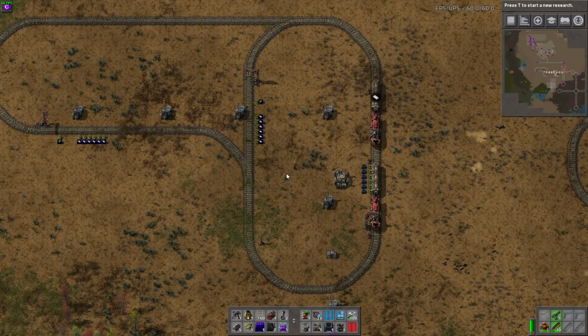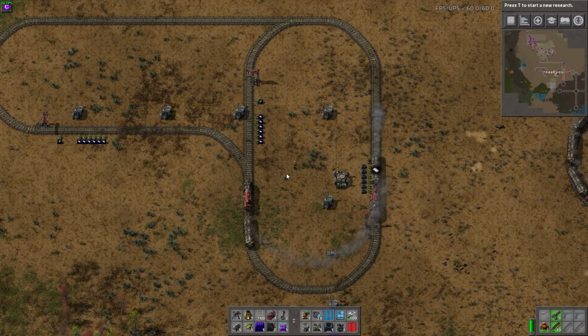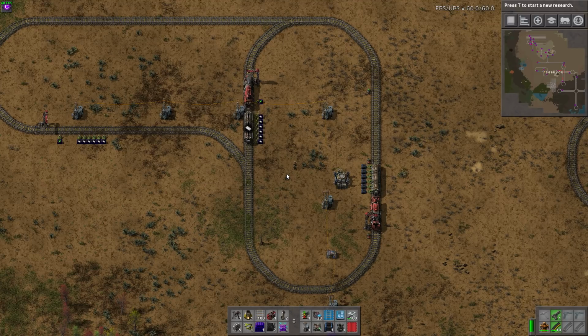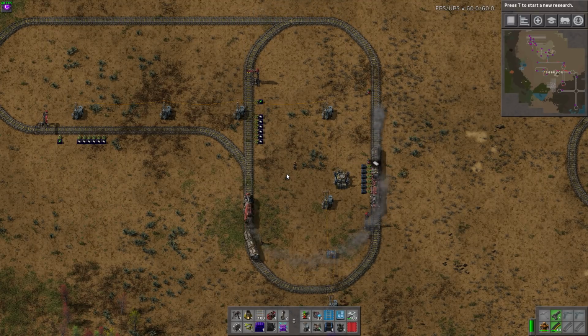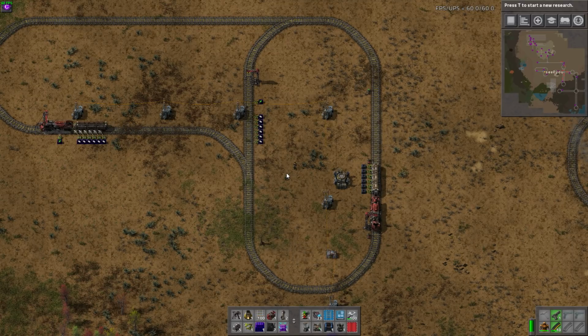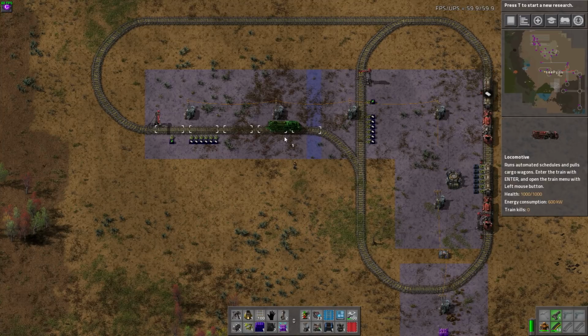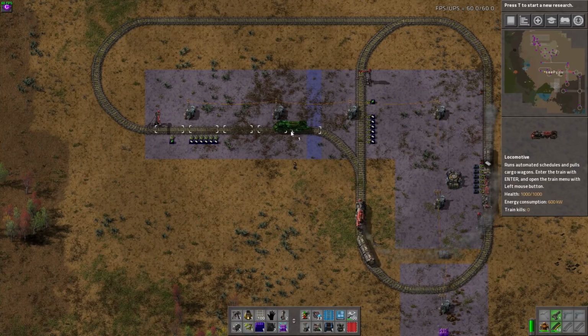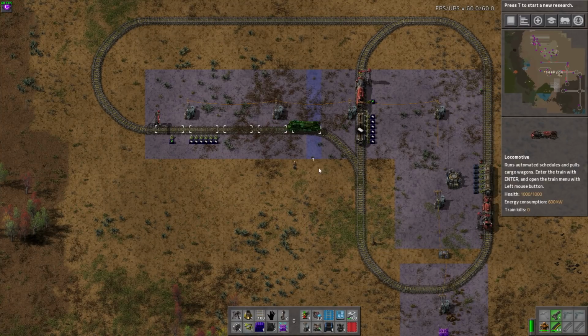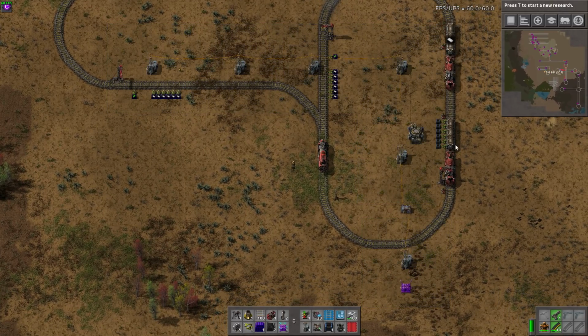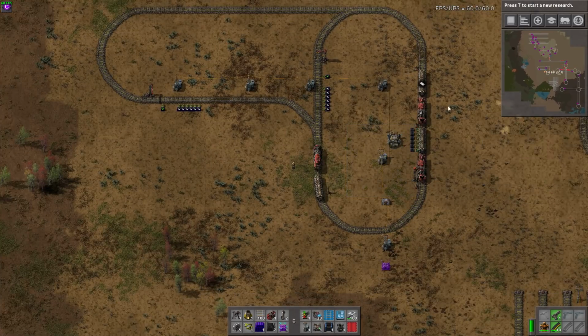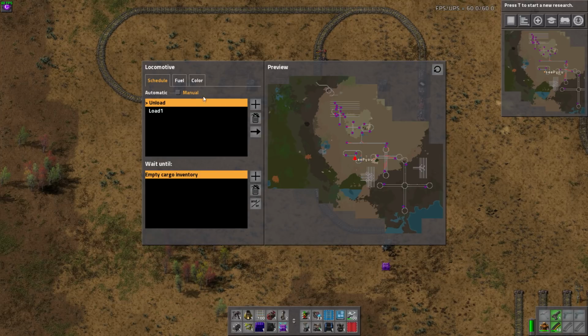Is that going to be enough? Probably. This is probably going to be enough. For a two-train system, that is going to be enough. But what if I want more of them? What if I want to add here and there, and then just copy this to that, and then go,